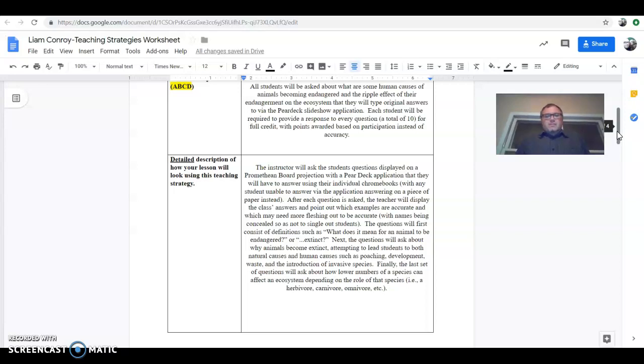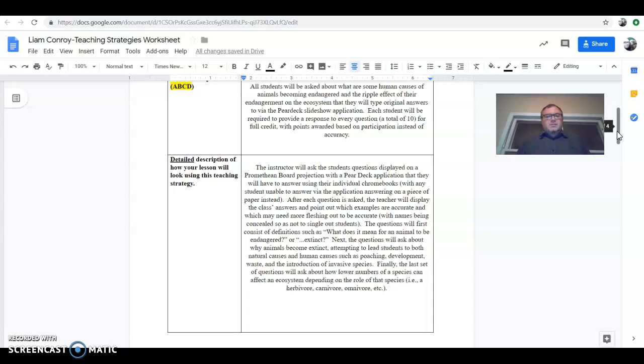So, for those of you who've never used it before, if you do slideshow presentations like Google Slides, Pear Deck is an application that you can directly integrate into that. And I like using this a lot, especially for students who are less likely to participate out loud. Basically, they can type in their responses and then I can display them with their names being anonymous, and we can have a discussion in class over people's answers, kind of analyzing which ones really hit the mark, which ones might need to be expanded more, to get a better full picture of what we're looking at as far as